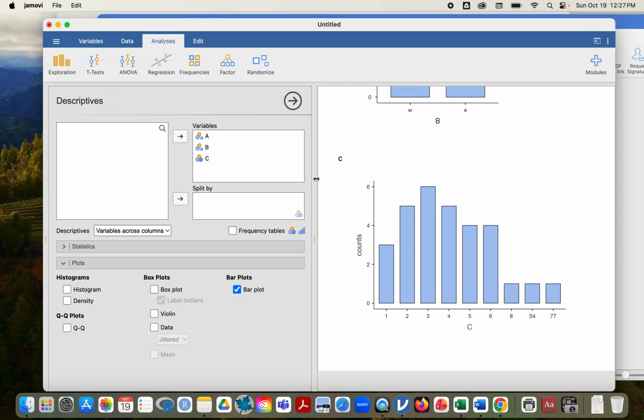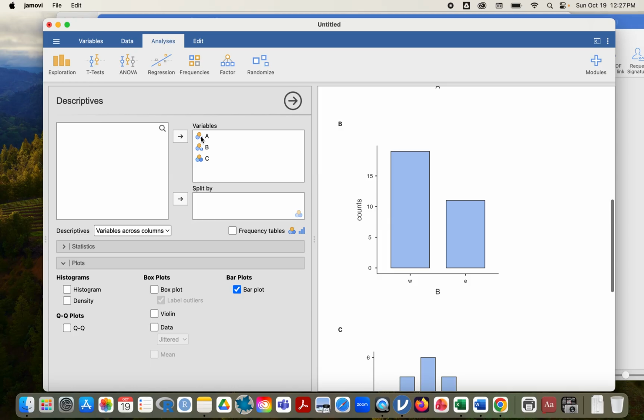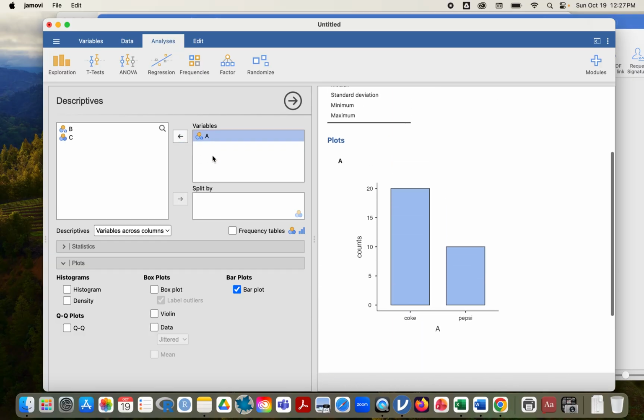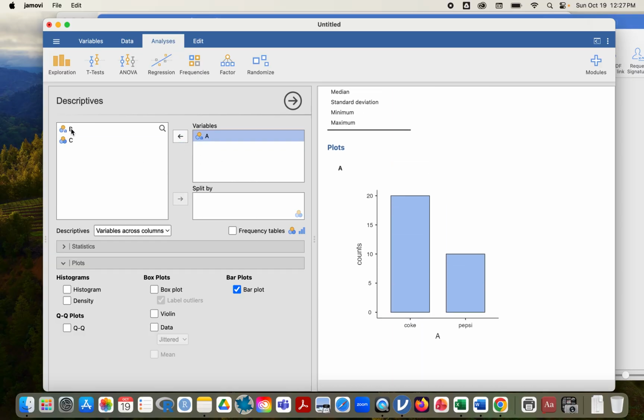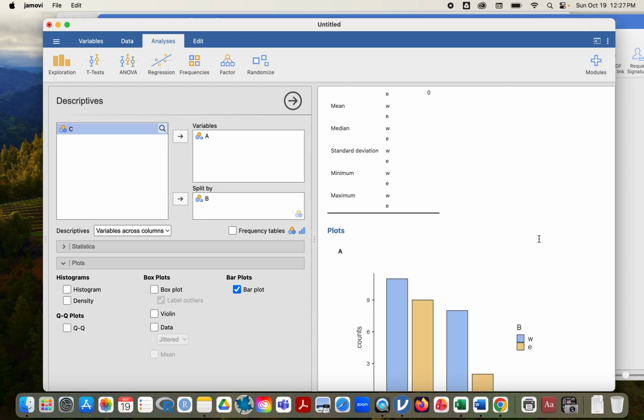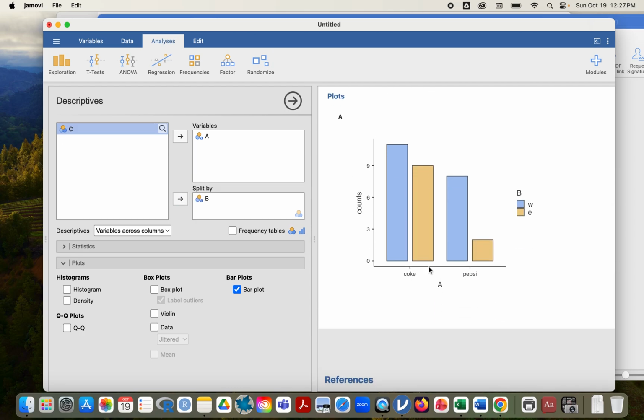We could, when we're dealing with this, take our variable A and we could split by our West and East. We're looking at West and East based on Coke and Pepsi, and we could, at a later time, generate a